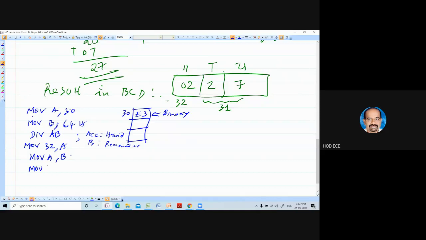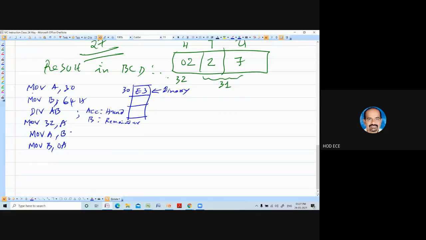Register B you have 0A. Once you understand, see how easy it is. Now you can write DIV AB. The accumulator is containing the quotient, which is the number of tens. Register B is containing the remainder, which is the number of units.